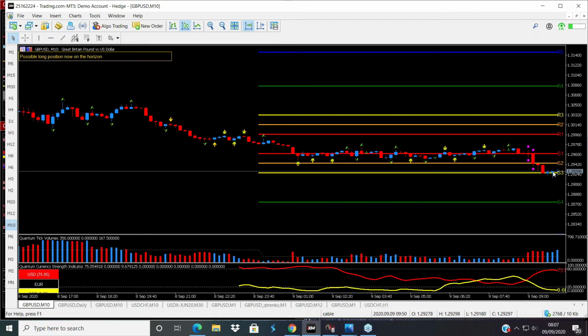And given what has happened with cable, and people have been selling it heavily, this is what I mean by a technical reversal. The sentiment towards the British pound may still be negative overall, but there are going to be these opportunities for taking a trade maybe which is counter to that sentiment. This only applies, obviously, if you are an intraday, not even a scalper, but certainly if you're on the faster timeframes. And if you don't know what you're looking at in terms of price action, volume, the structure of the chart, and the support and resistance,